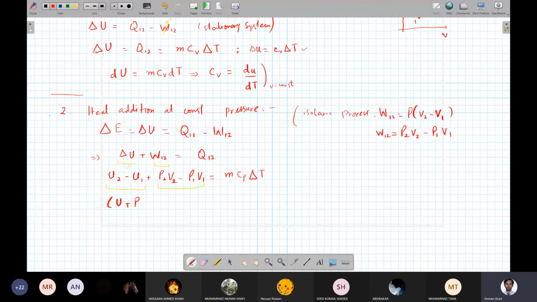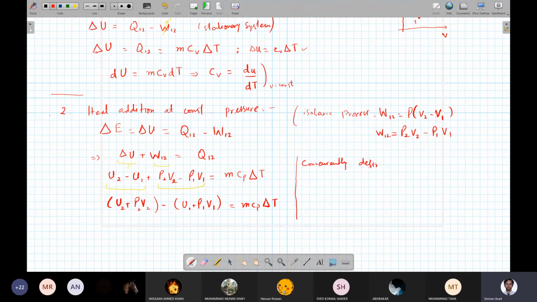So that means कि U plus PV का जो difference है ना, वो इस m Cp delta T के बराबर है, ठीक है? And since this isn't actually the first time कि internal energy में P into V multiply हो रहा है, इस वजह से we just gonna define because it is convenient. So we just gonna, convenience की वजह से